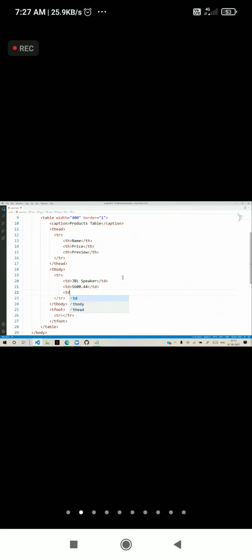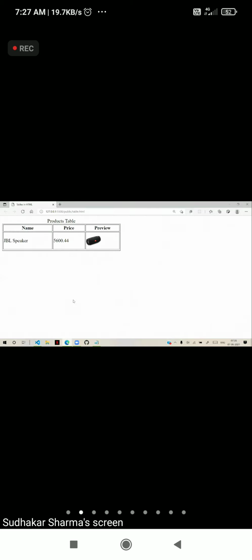And third, in this cell, I want a photo. I can use IMG, IMG SRC, it is in assets. So we have speaker.jpg, width is 50, height also 50. You can put an image. This is the first row, and you can see these are the contents. So these are the rows in the body section.